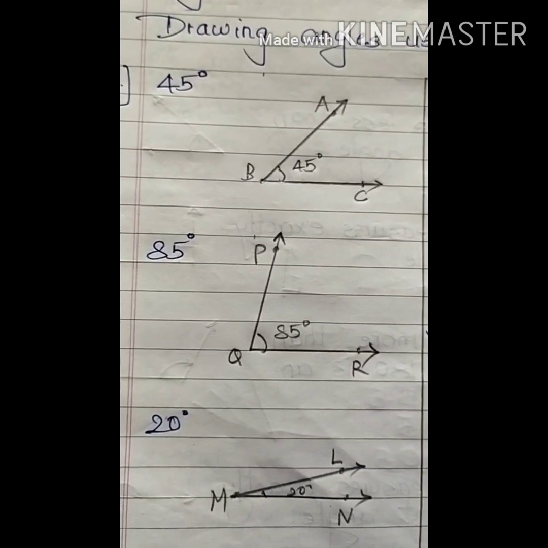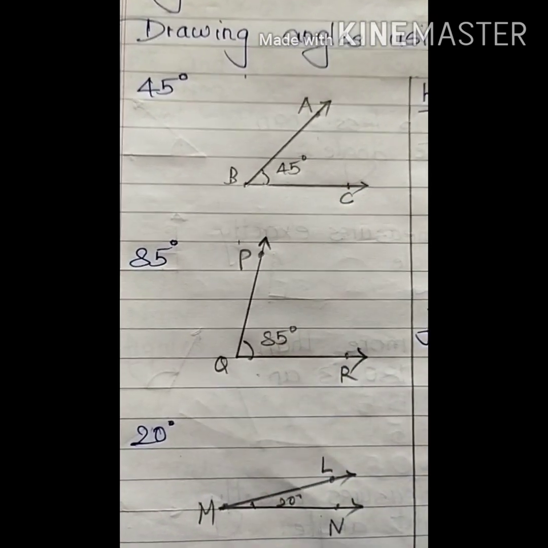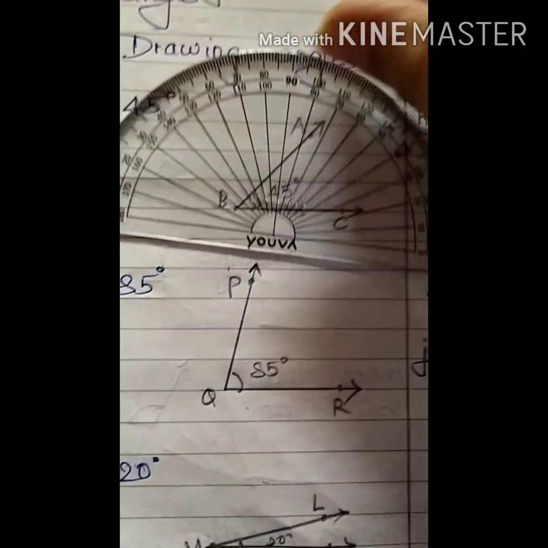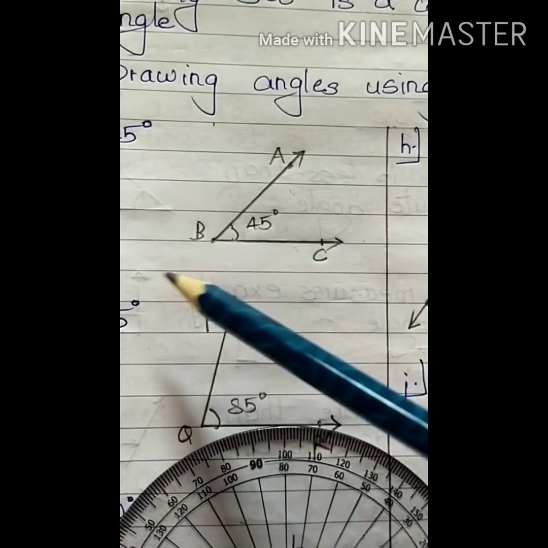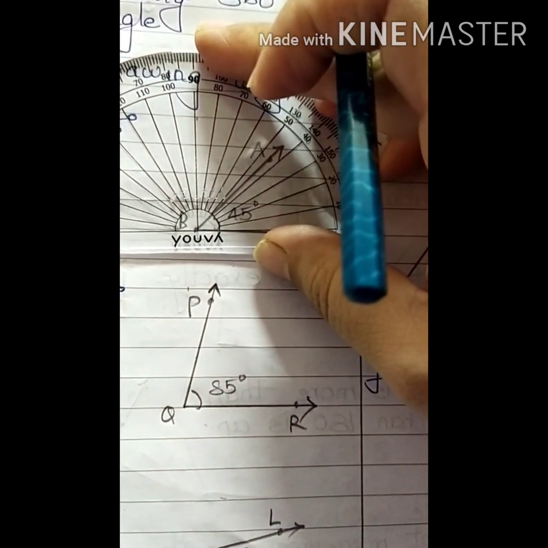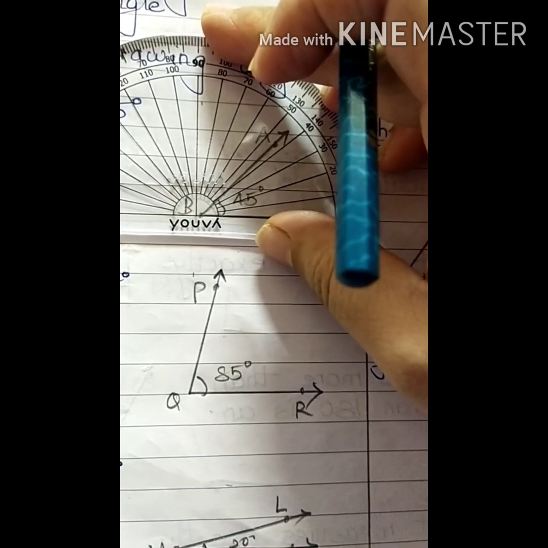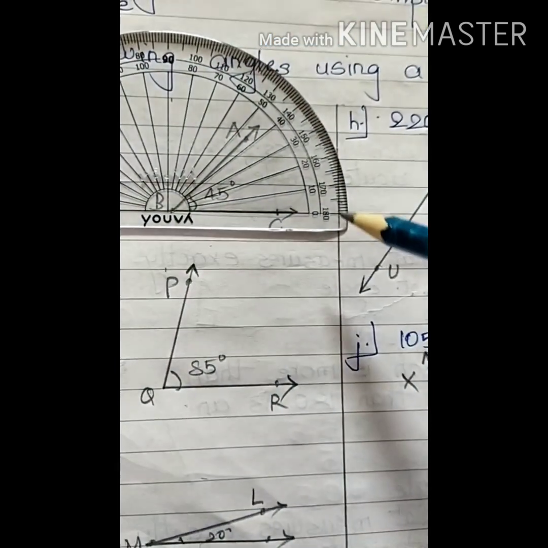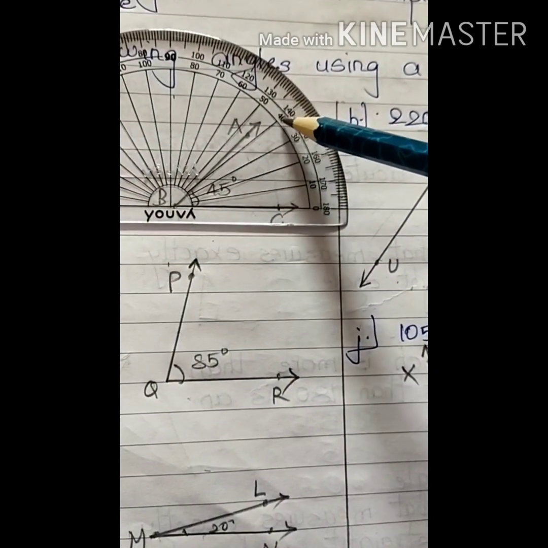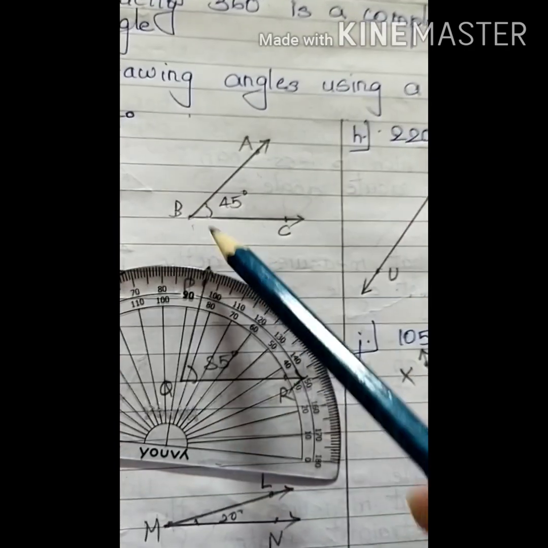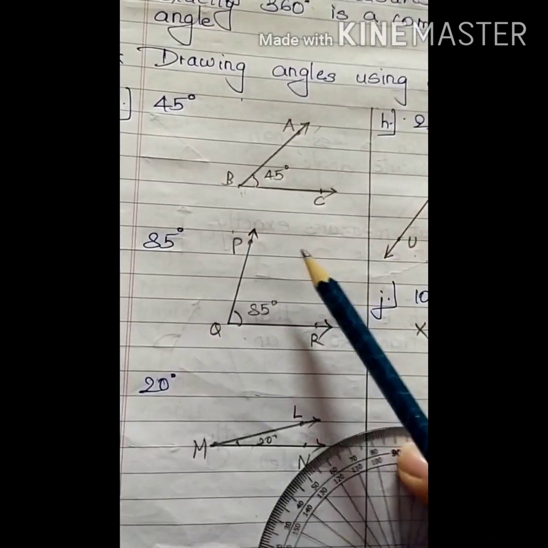Similarly, I have already drawn a few angles for you, children. In each case I have taken the arrow to the right side, that means the inner scale. So now I have taken the D, I have kept it on the point and I have coincided it, and it has given me 45 degrees. As you can see, I have taken the inner scale, 0 coincides, okay. 45 degrees will come in between 40 and 50 and this is how it makes 45 degrees. This is how we draw an angle.